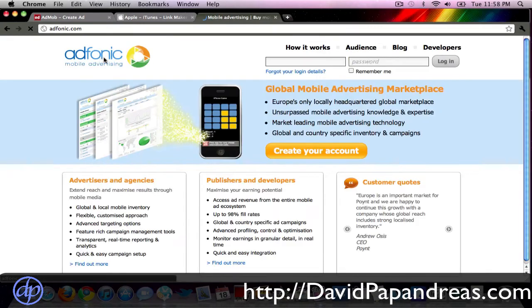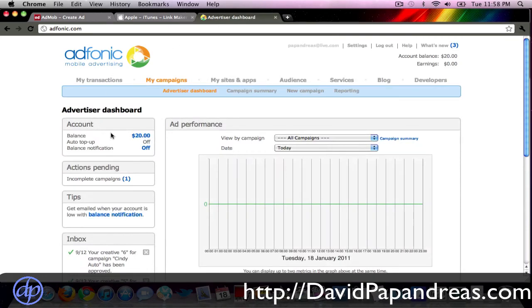You're going to have to create an account, and then once you actually get in, you're going to log in with your information, and you're going to be taken to this My Campaign screen, the advertiser dashboard. You're going to go over here to New Campaigns. You know what, actually, you're going to need to,